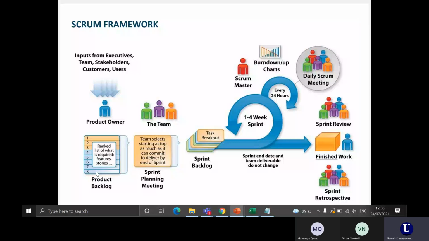Now, these requirements are placed in your product backlog, and they are ranked in order of priority. It's a ranked list of what is required, the features, and the stories. So a rank of them, the one that should come first, second, and third. Now, when the product manager has placed all of this, the product owner rather,